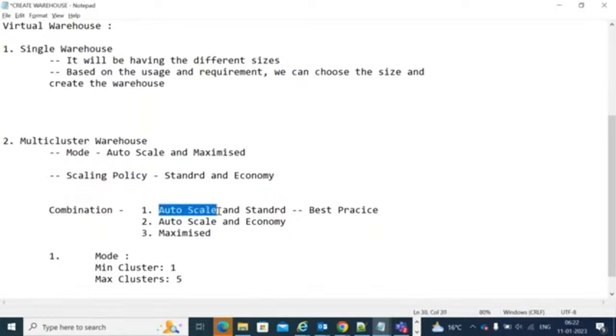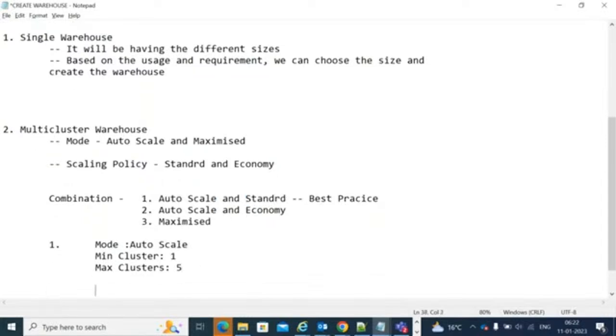This is mode auto scale, and then standard. This is scaling policy. So what it will do, if you select this combination,